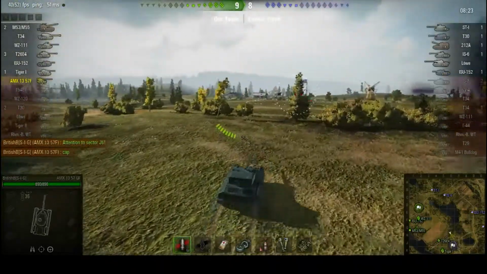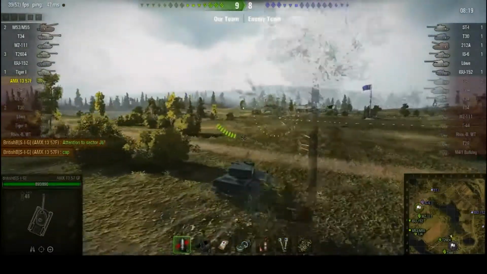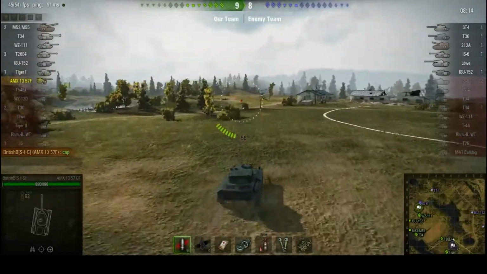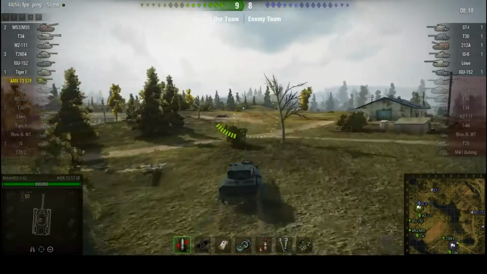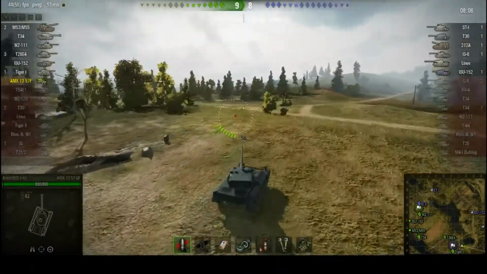Now, one of the problems we have now is that ST1 and IS-6 are unspotted, he says, just as the IS-6 becomes spotted. And so if one of them goes forward, if any of the friendly team shoot them, they will get lit up themselves, like the ISU for instance, and they will get all kinds of shot up, which is slightly suboptimal, but there we go. Anyway,